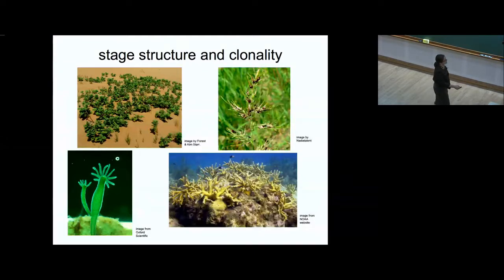Down here is staghorn coral. Coral species have sexual reproduction, but they also have budding of polyps and fragmentation that can also lead to spread. The other two pictures show different kinds of clonal reproduction. This is everyone's favorite lab rat for this sort of thing, Hydra. And what Hydra is doing here is having a bout of clonal reproduction. That is a new Hydra budding from the parent.